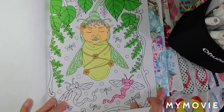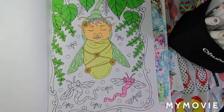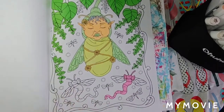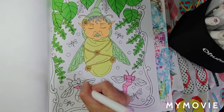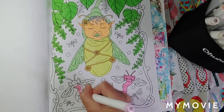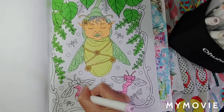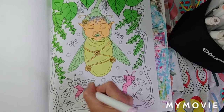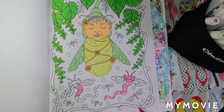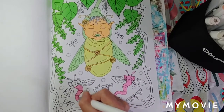This is really pretty colors. I'm going to make sure I'm in frame. Okay. Yeah, this is really beautiful. Definitely get these markers if you can. Definitely get them. And let me know if you get them, let me know how you're going to use them. If you're just going to color straight with them. That's probably what I'm going to do. Just color straight with them. Not blend,